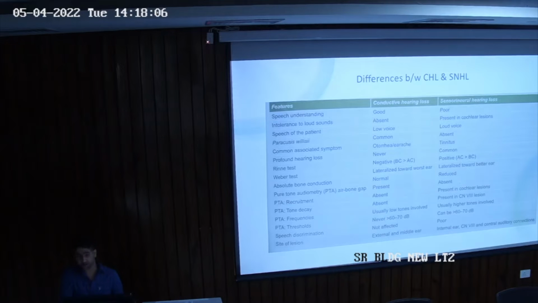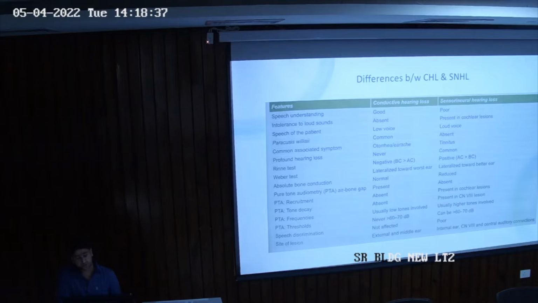Whenever the examiner asks what is your inference, how do you test, you will always say that we will check it through tuning fork test. So what are the results of tuning fork test? You have to say 3 tests basically we do to check what type and what degree of hearing loss is there: Rene test, Weber and absolute bone conduction. We'll see that in practicals. Absolute bone conduction is normal in conductive and reduced in SN loss.